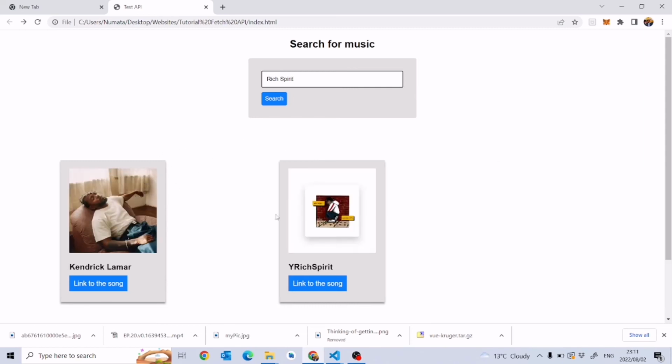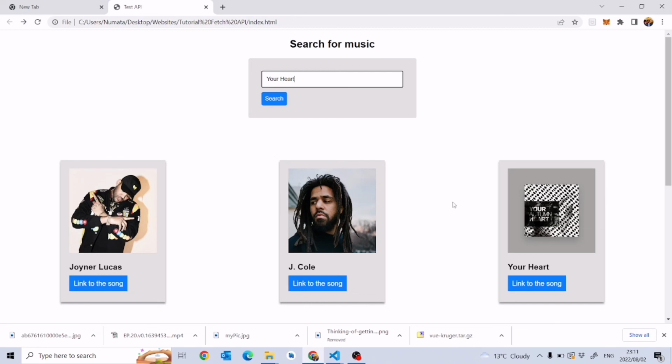Now it should override the data that already exists here and show us new data, right? Not actually override, it should delete that data and add new data. Now we can search for something else, your heart. And now what it's going to do is show us new data, right? Good. Great. Now, another thing that we can do, which is the last thing that we're going to do here,